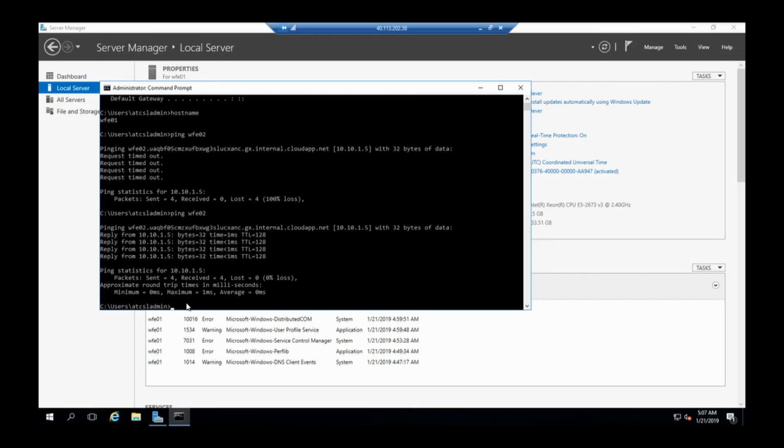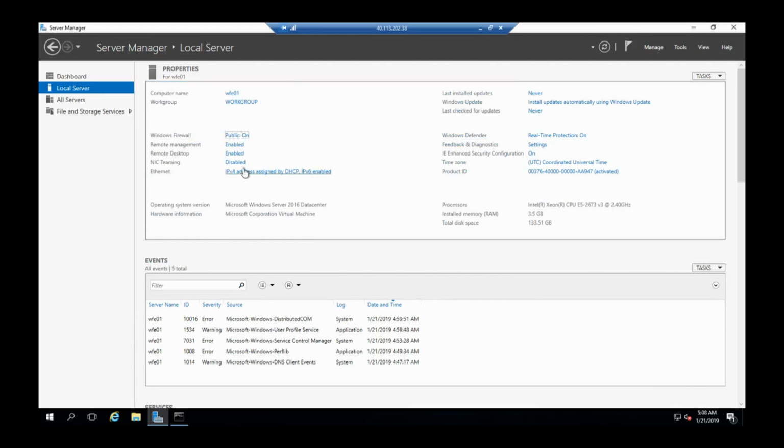Now this time, since the firewall is off, we see that the server is able to take the request and send back the response. So earlier also, this virtual machine with the hostname WFE01 was able to resolve the WFE02 hostname, but it was not able to bring the response back. Now this time, after we switched off the firewall of the WFE02 server, it is bringing back the response. And similarly, if we try and